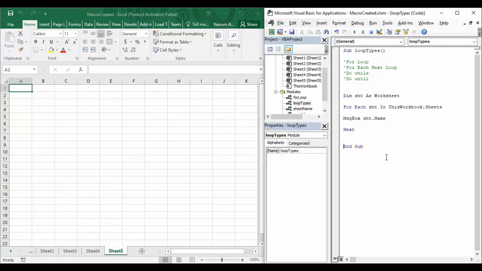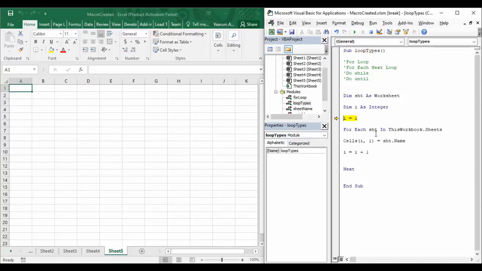So you must be wondering that it may only work for the message box, but that's not the case. You can also show it in the form of cells. How can you do that? For that purpose, you need to declare an integer variable. Suppose I declare I as integer, and I initialize I with 1. So in Cells(I, 1), I want to show the sheet name, and once it's been shown, I want to increment the value of I by 1. So I equals I plus 1. This is what I write.